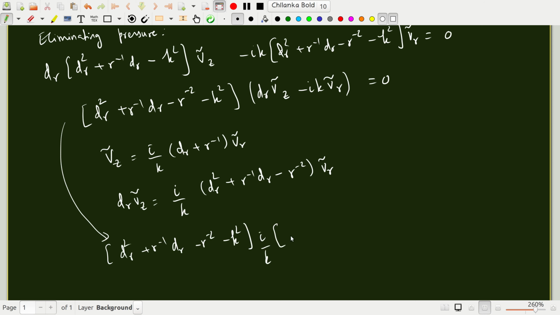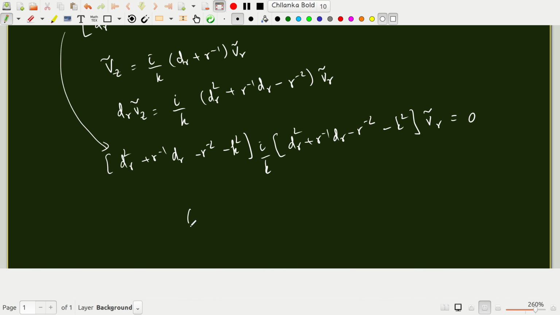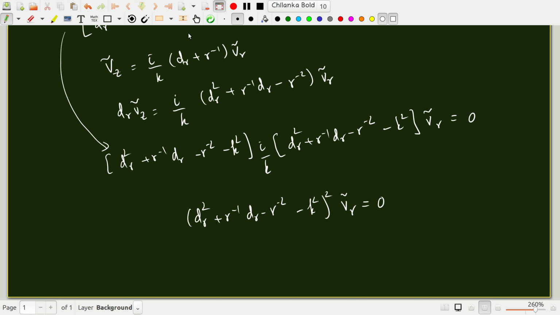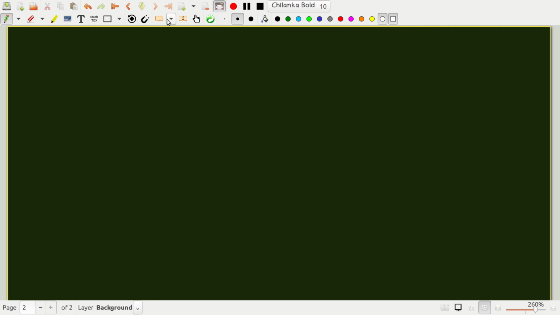I'm going to pull out i by k, so we'll get dr squared plus r inverse dr minus r to the minus 2. Now because I'm pulling out i over k, I'll get minus k squared operating on Vr is 0, or you can simply write this as (dr squared plus r inverse dr minus k squared) whole squared operating on Vr is 0. This is the final governing equation to be solved in the limit of 0 inertia. Okay. Now the solutions are